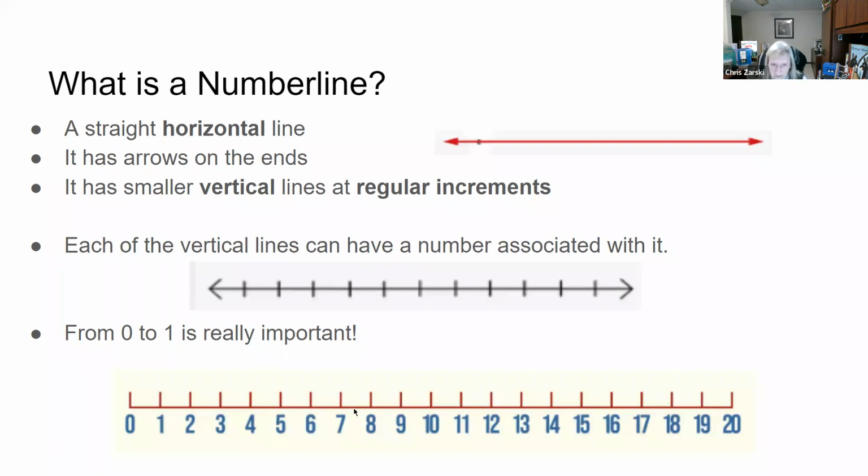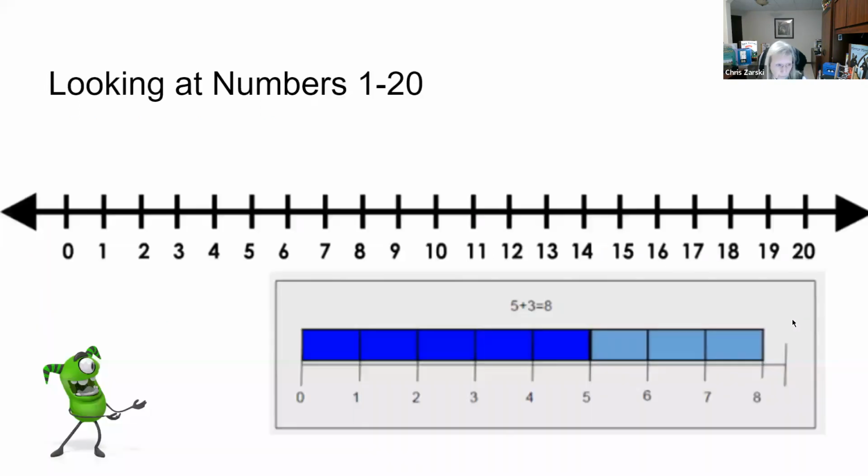Some of them used a dime. Some of them used an eraser. Some of them used a piece of paper, whatever. It didn't matter to us what they used. No number line would look the same, but they understood how to build a number line and how it worked. And I think that's really important for kids to know.